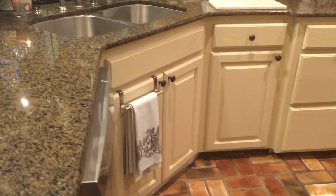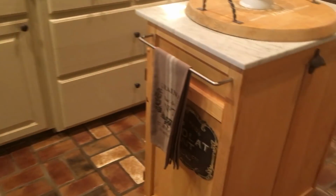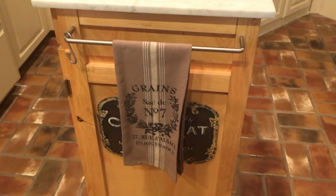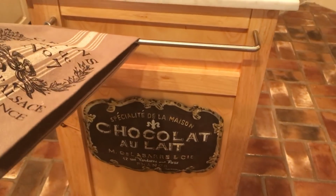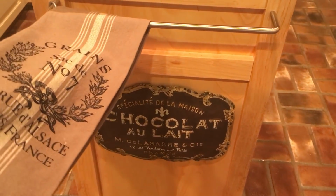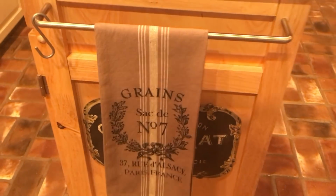I've got another little fall towel right here hanging by the sink. And then I just have my Paris little towel here, my French towel. And behind it is this cute little metal French sign. I love that. Hate to cover that up, but I've got this nice little towel bar right there to hang